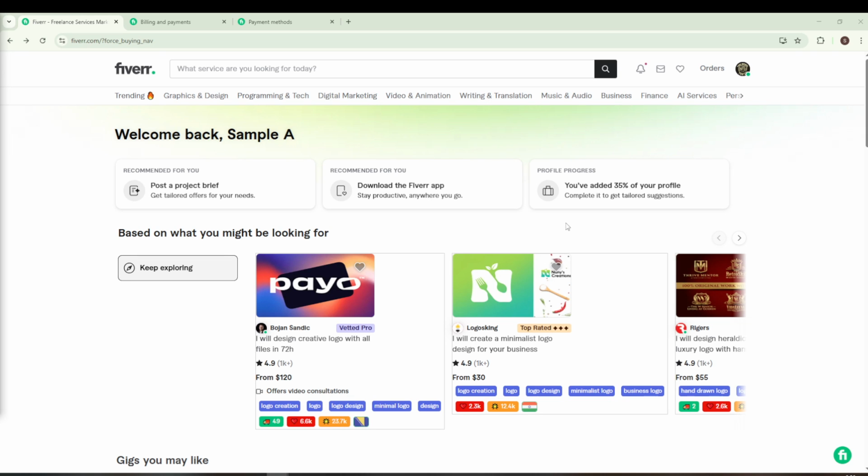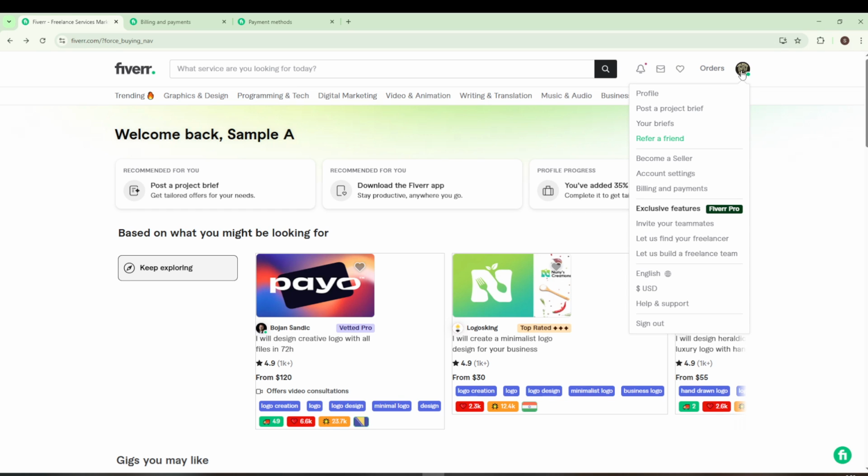Once you're all logged in, you'll find yourself on your dashboard. This is the main hub for your Fiverr activities. Now look towards the top right corner of your screen. There you'll see your profile icon waiting for you. Give it a click. This action will open up a variety of options you can choose from, but today, our